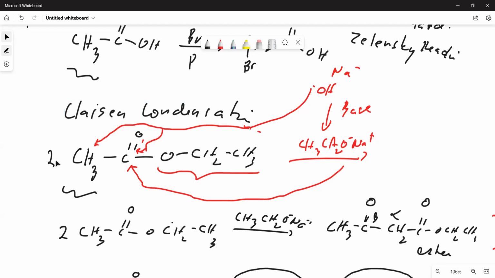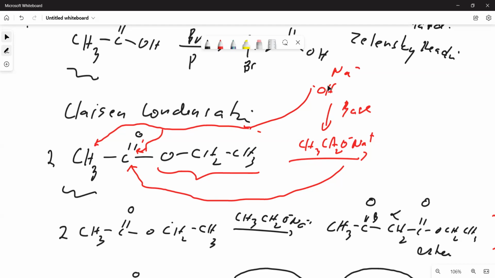Now, for ester, under basic condition, it can undergo what you call the Claisen condensation reaction. Claisen condensation requires 2 moles of the reactants, just like aldol condensation of aldehydes and ketones. In order for this process to happen, you have to use a base as a catalyst. The base that is used here is not sodium hydroxide, unlike in aldol, where you can use sodium hydroxide. But here you cannot do that. The base that you're going to use will be the base coming from the alkoxide of the ester, which is ethoxide. They have to be similar.